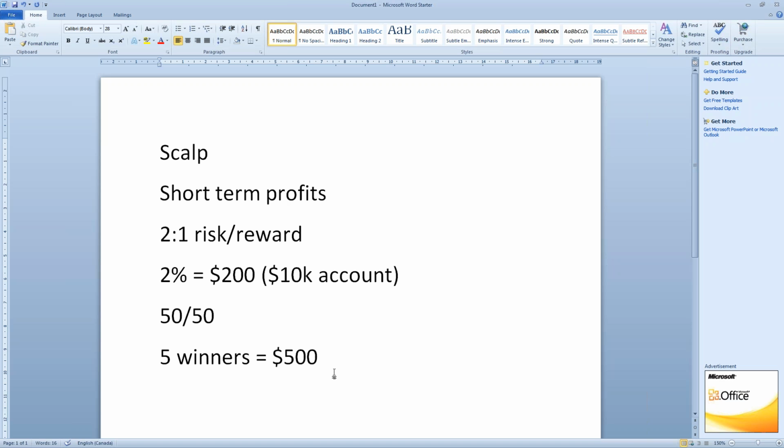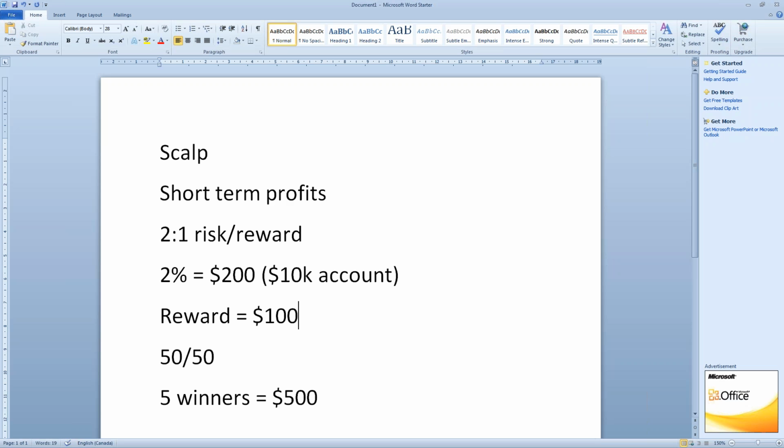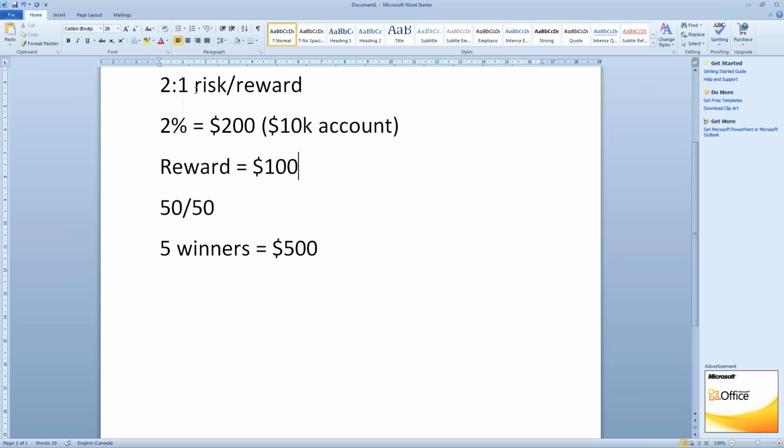So we have 5 winners, we've made $500 because we're going to risk 2%, and our profit is going to be half. Just so we're clear here: reward is half, risk is $200, 50-50 trade. We've got 5 winners, that's $500, $100 per winner. 5 losers,